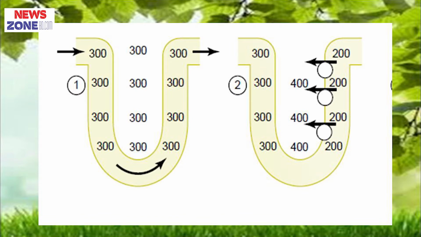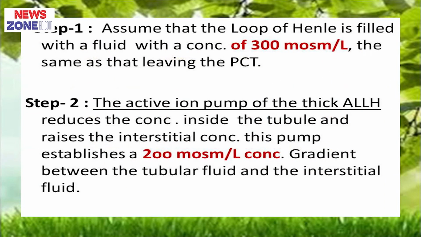That is important because it generates the medullary interstitial hyperosmolarity. First, when the fluid is filtered, it has 300 milliosmolarity. When it descends through the descending limb, it is 300, but when it ascends to the ascending limb, there is an active transporter, which uses energy to pump the solute to the outside. It is a sodium potassium chloride transporter. This pumps out solute like sodium, potassium and chloride from the tubule to the interstitium, and it has the ability to generate about a 200 milliosmolarity difference inside and outside.